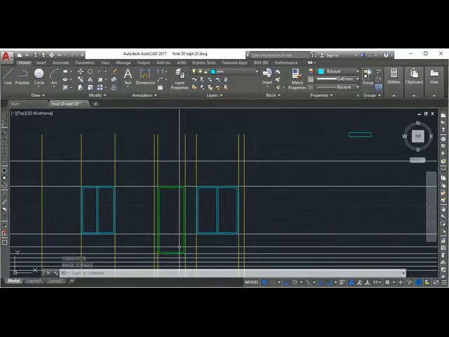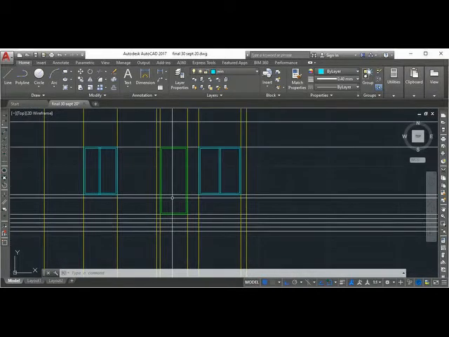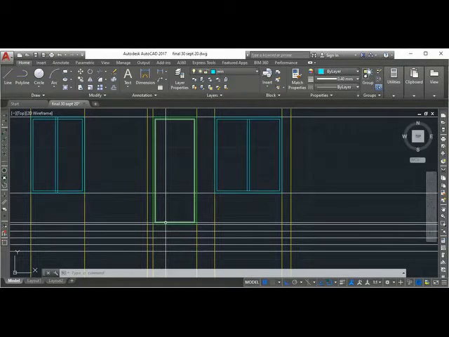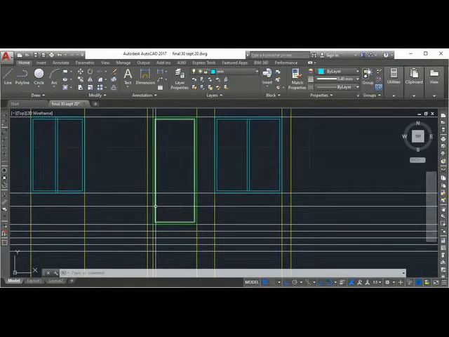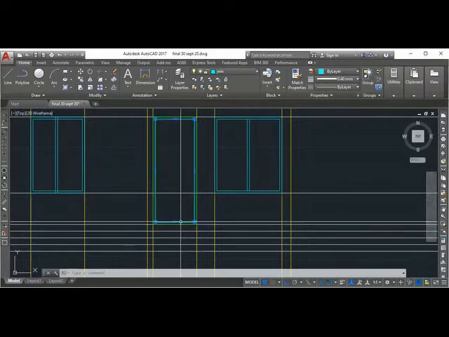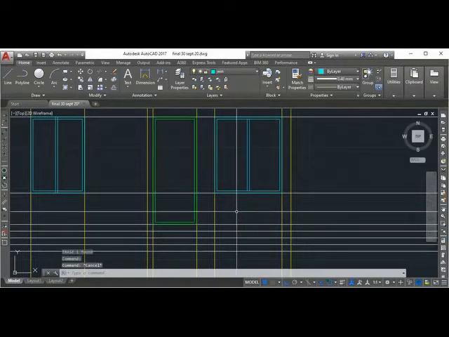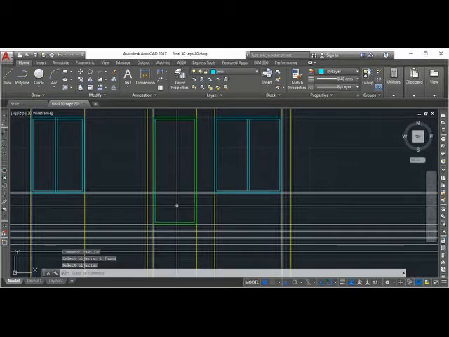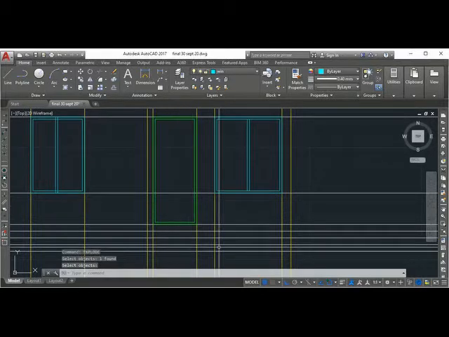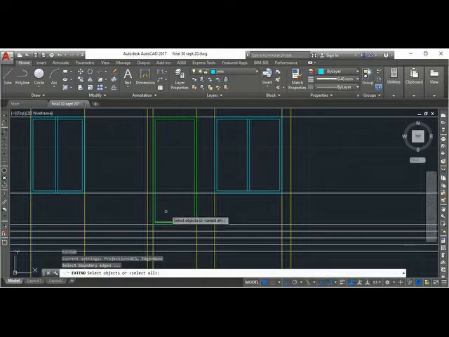So window is ready, and you have to draw the door here. You see, this bottom usually will not be there, so I have to extend this down. So I cannot do it because it's a P line. So I will explode it. We can explode a P line. Explode. Enter. Extend. You can extend.